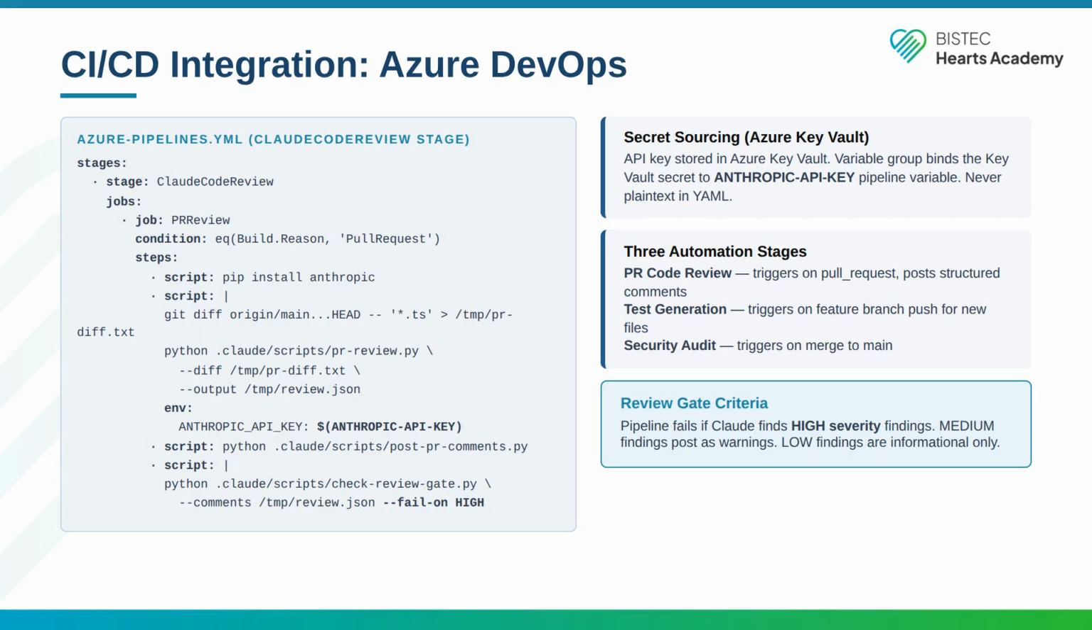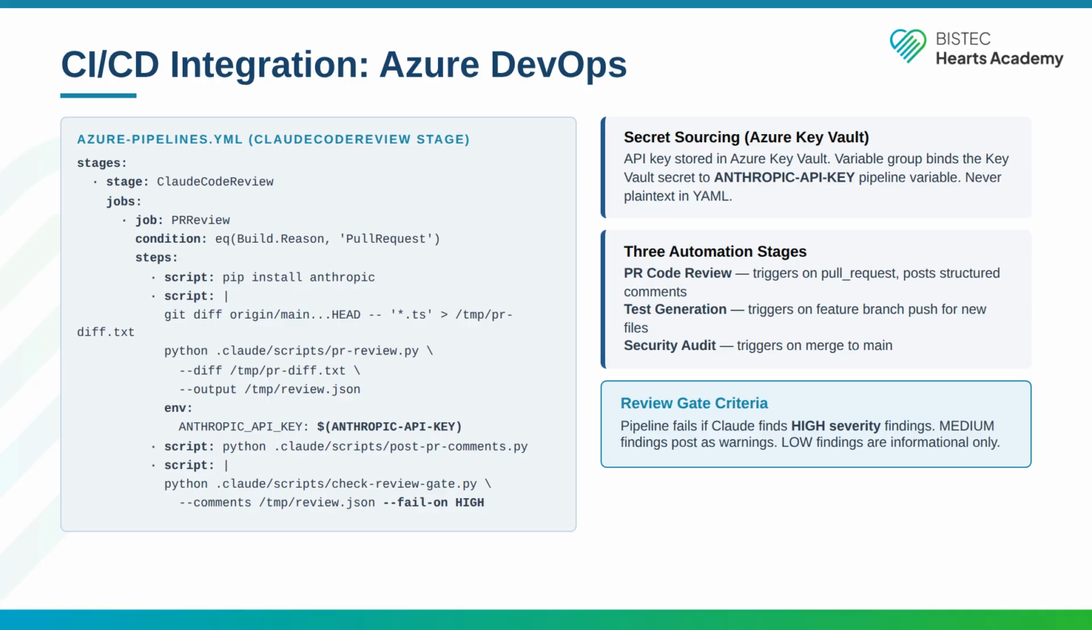The Azure DevOps pipeline integration brings Claude Code's code review capabilities into your automated build process. The Claude Code review stage runs only on pull request builds, not on every commit, keeping the cost and latency manageable. The review job has 3 steps. First, it computes the git diff of changed TypeScript files and passes it to preview.py, which calls Claude with